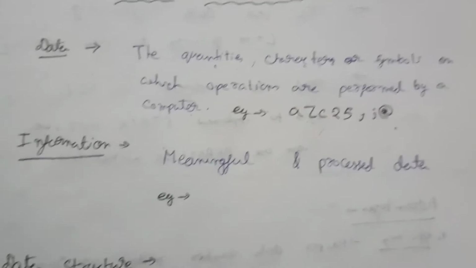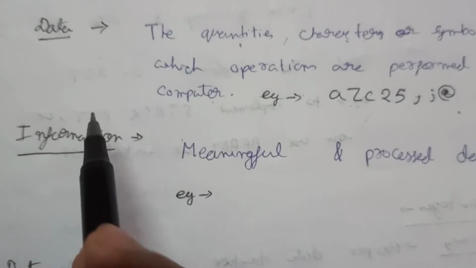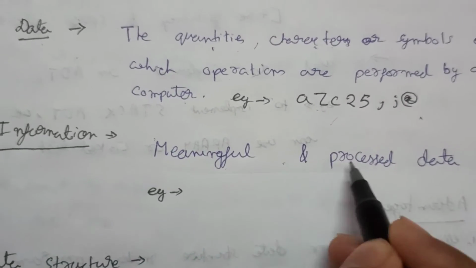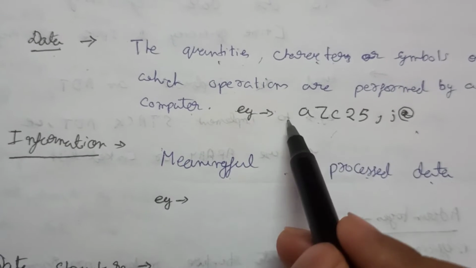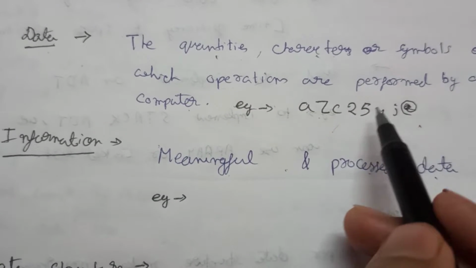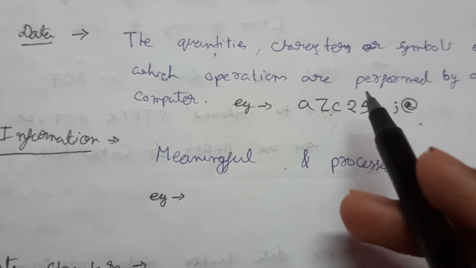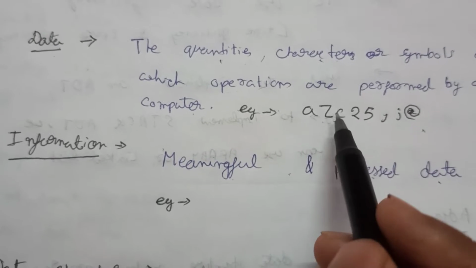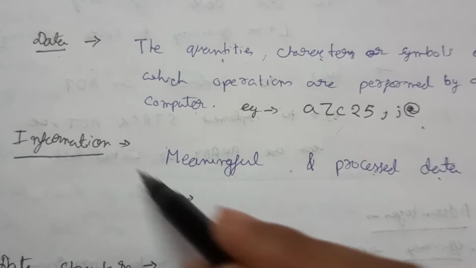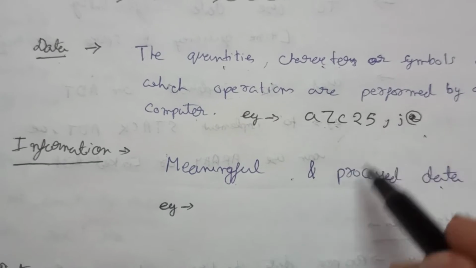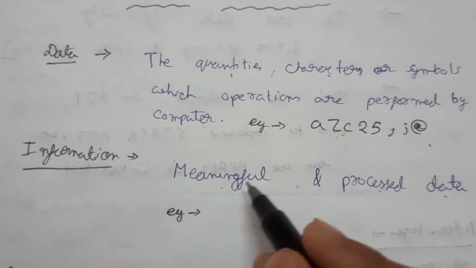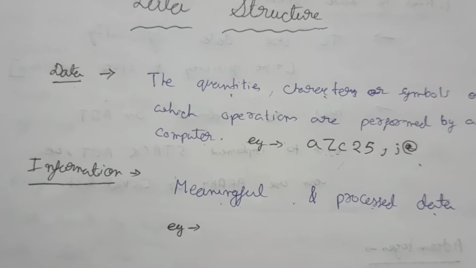Okay, so now let's check what is information. Information is meaningful and processed data. So this is an example of data. Can you understand what is the meaning of this data? No, because it is meaningless. So if we process a particular meaningless data and make it meaningful data, then this will be called